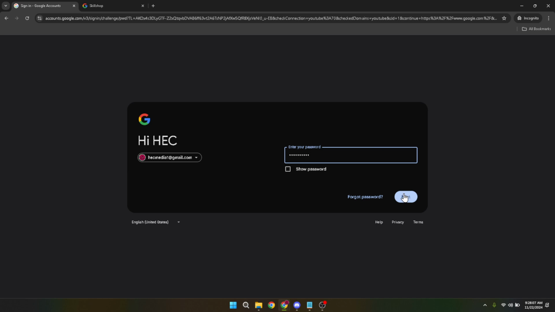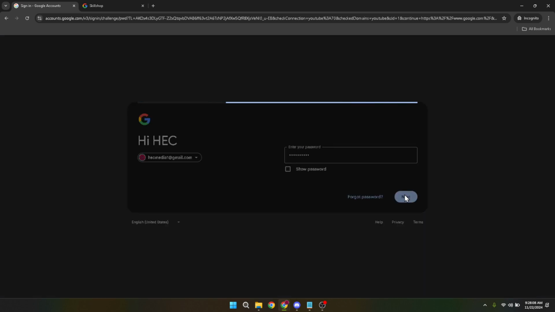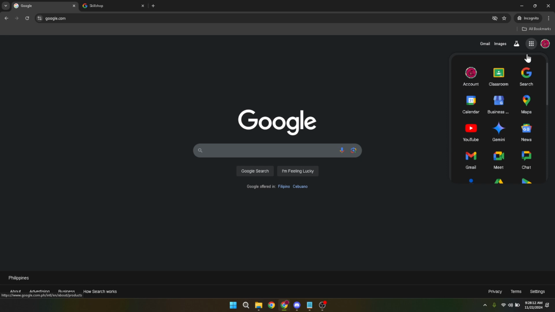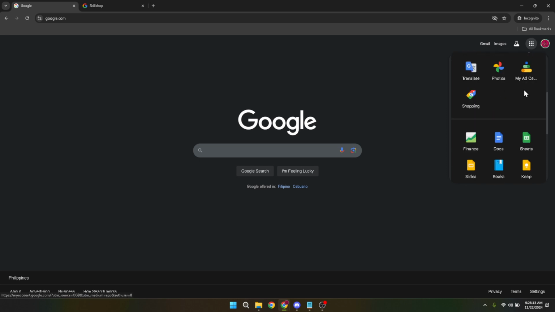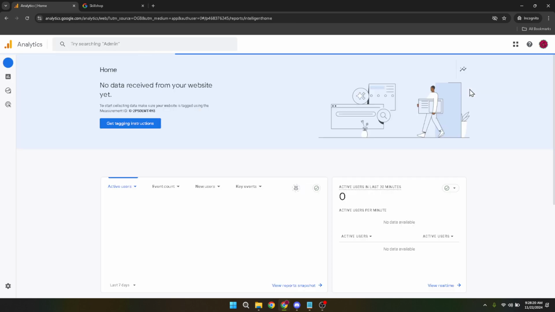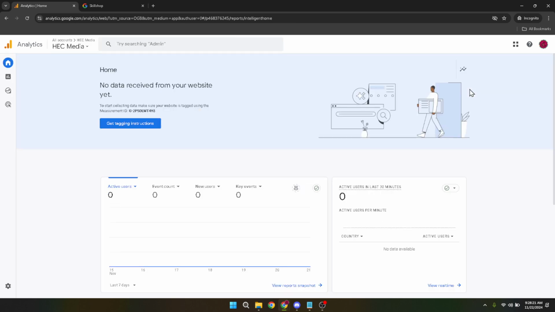Alright, now that you're logged into your Google account, you'll notice a grid icon in the top right corner of the page, which is the Google Apps button. Click on it and a drop-down menu will appear, showcasing all the different Google services available to you. From this collection, you'll need to locate and click on Google Analytics. If it's your first time accessing Google Analytics, or if you haven't used it in a while, Google might prompt you with a tour of the new features. Feel free to explore or skip it to proceed with the task at hand.